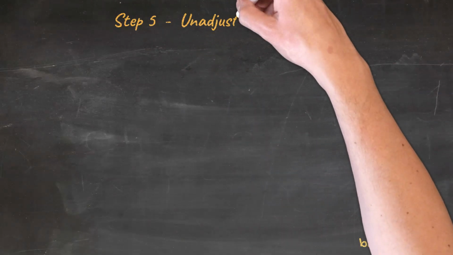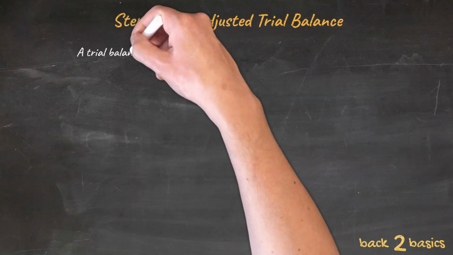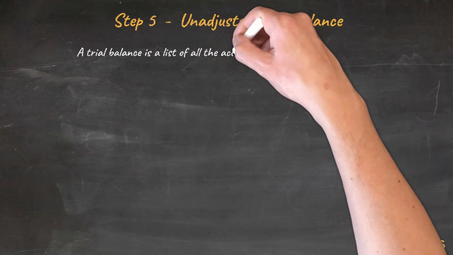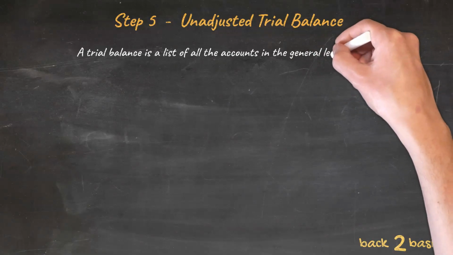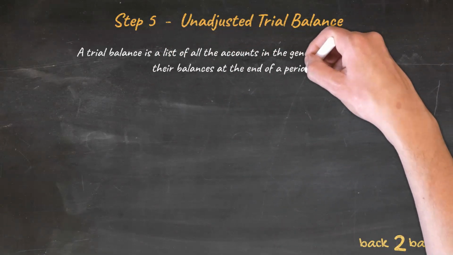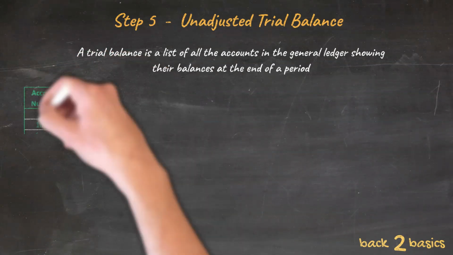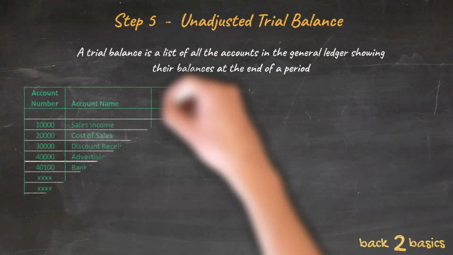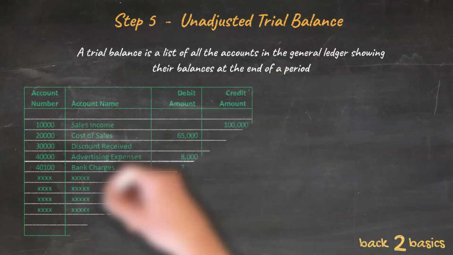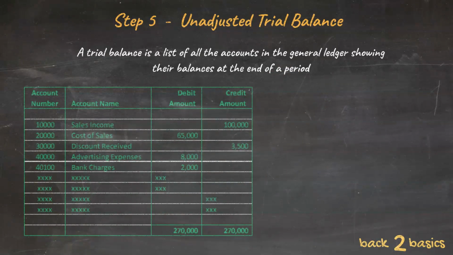Step 5. Generating the unadjusted trial balance. A trial balance is a list of all the accounts in the general ledger showing their balances at the end of a period. It is drawn up or generated in a specific format containing at least the following: the account number, the account name,